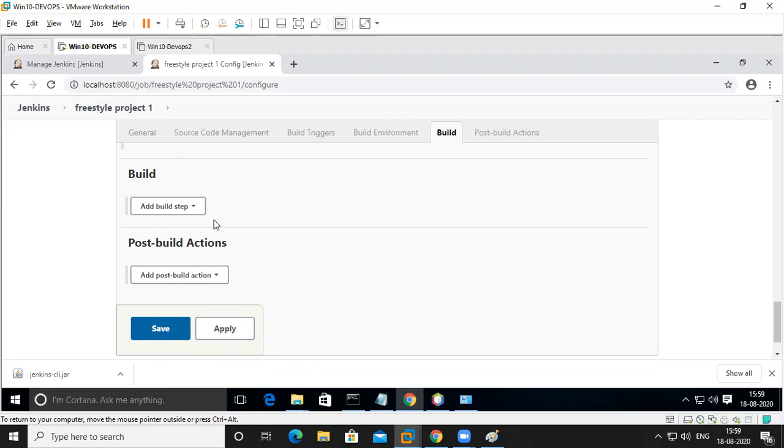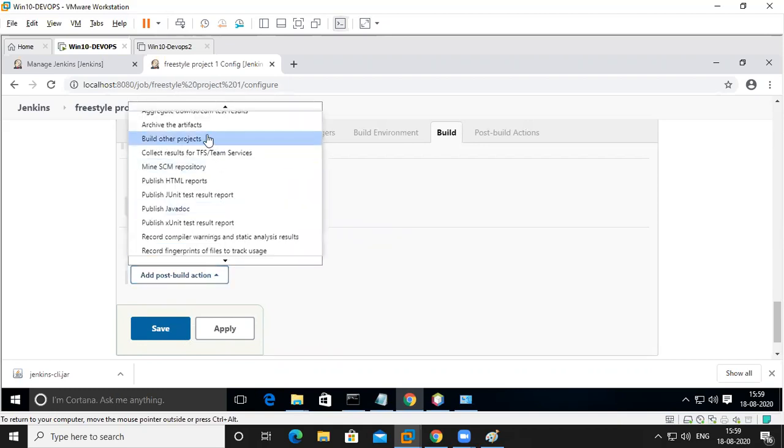Now post build action. Post build action means what to do after the build. So you can click here and see, you want to publish an HTML report. After building, you want to send an HTML report. You build a Java project and you want to publish Javadoc. Or your build is a test, so you create a test result.